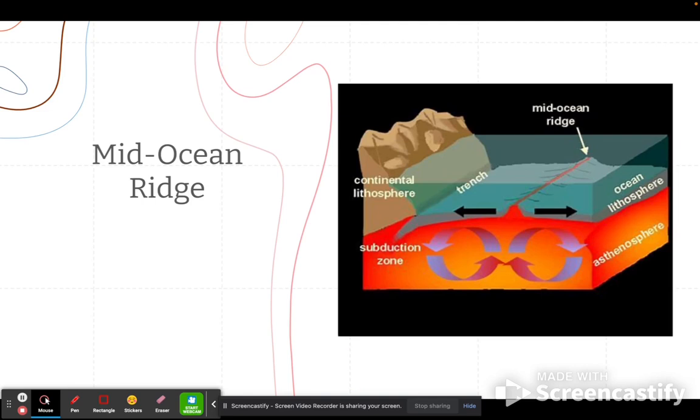Mid-ocean ridges are a seafloor mountain system formed by divergent plate boundaries. The mid-ocean ridge is the most extensive chain of mountains on Earth, stretching nearly 40,390 miles, and with more than 90% of the mountain range lying